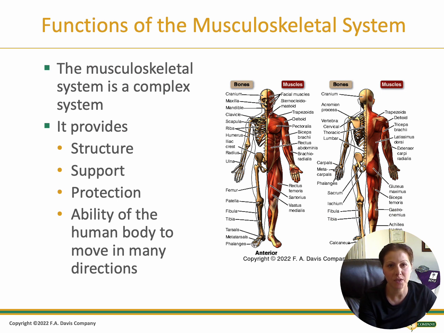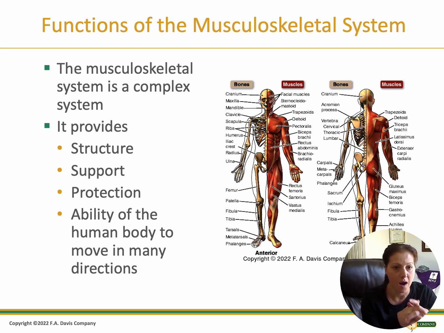So the function of the musculoskeletal system: it's a complex system that provides support, structure, as well as protection, and it allows the human body to move in all different types of directions and causes a lot of movements. And the picture that you see before you has all of the different types of muscles along with all the